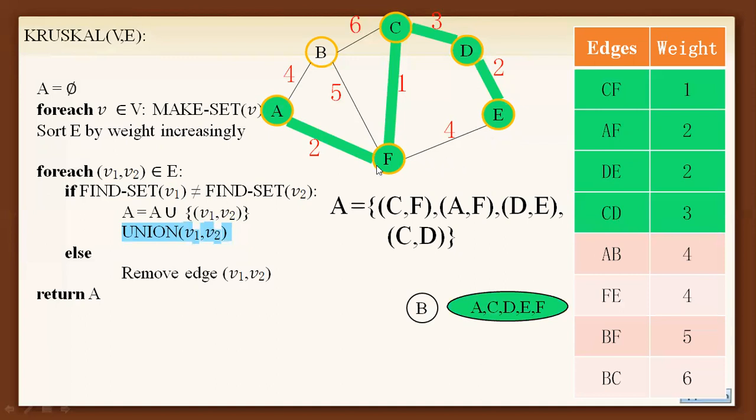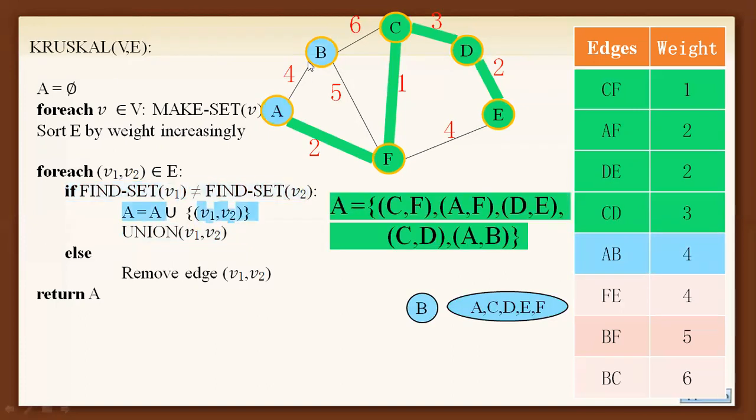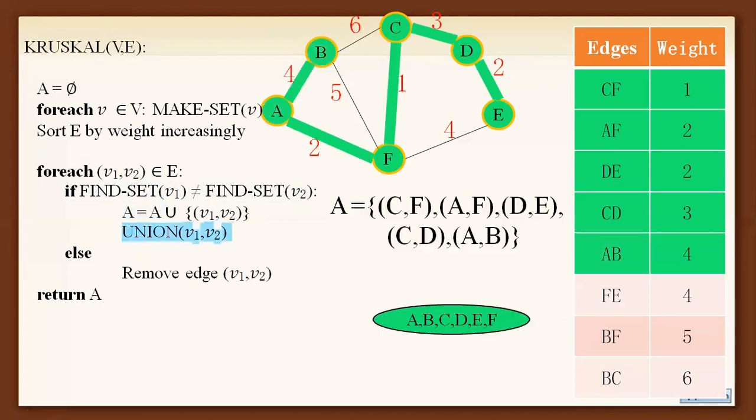Here we can consider any one, but we can consider only the A to B edge. We cannot consider the edge F to E. Why? Because if I consider the edge F to E, a cycle will be formed. While constructing a spanning tree, you should not consider a cycle. So select the vertices A and B, which are connected together, and the edge A to B is selected here. Why? Because this is the minimum weight.